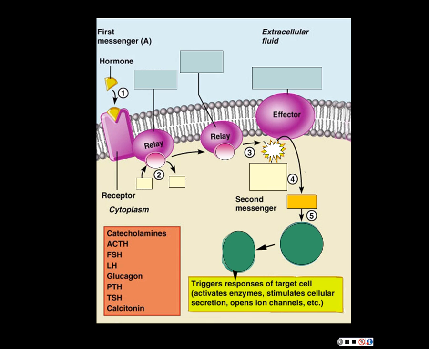We can already see that the receptor is more complex. It's not just a channel. It's got something associated with it. The thing that's associated with it is called a G protein. The letter G is abbreviated. G protein is what's abbreviated.